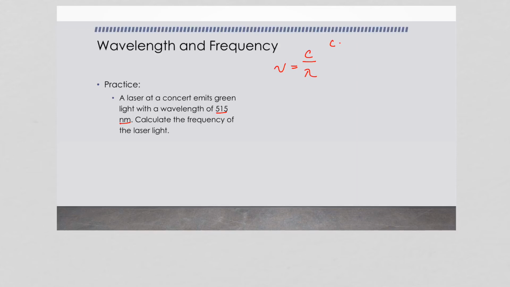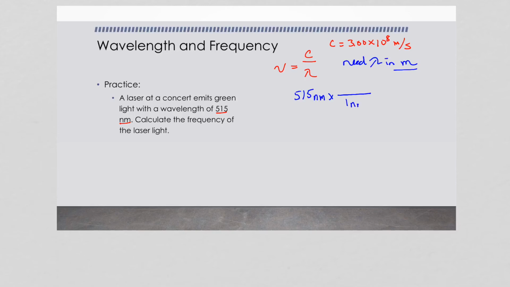Now, remembering that c is the speed of light, 3.00 times 10 to the 8th meters per second. Because the speed of light is in units of meters per second, we need our wavelength in meters. So if in the problem it's given in some other length unit, we need to first convert it to meters. So if I start with my 515 nanometers, I can use my metric prefixes, and if I remember,